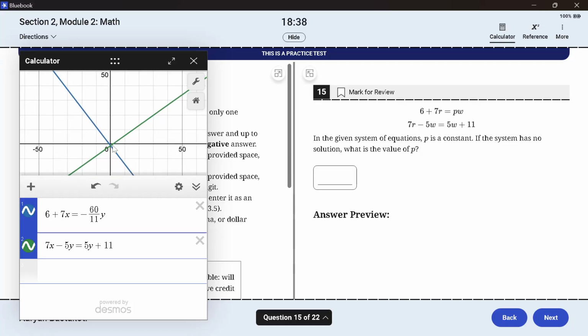So what I am going to do is assume W to be x and R to be y. That way I can do R is equal to PW minus 6 over 7 and compare it with the term under the second equation. 7R is equal to 10W plus 11, which is R is equal to 10 over 7 W plus 11 over 7, and the term is 11 over 7 is equal to,